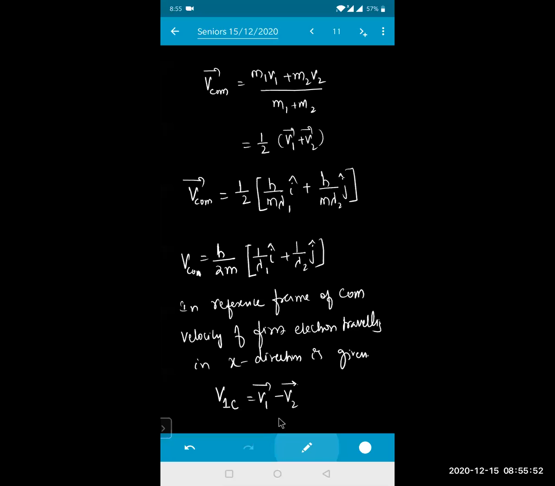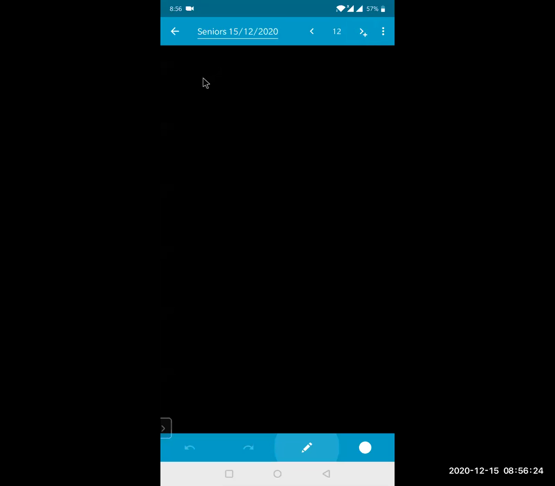So we got the value of lambda 1, and we got the value of lambda 2. That means the velocity of particle one with respect to c is v1 minus the velocity of the center of mass. It is nothing but the velocity of the first particle minus the velocity of the center of mass of the given frame. That means this will be equal to v1 bar minus the velocity of the center of mass. Okay, that means I can write the velocity of one with respect to c is equal to